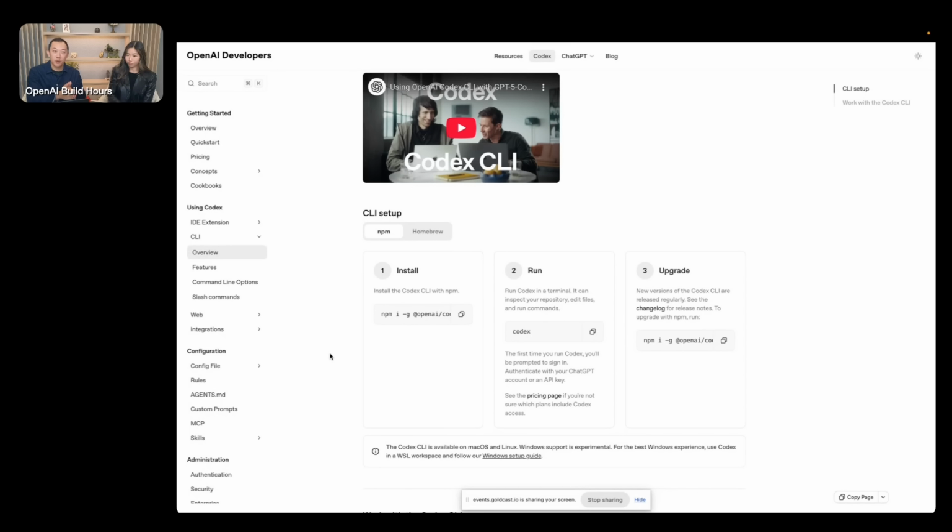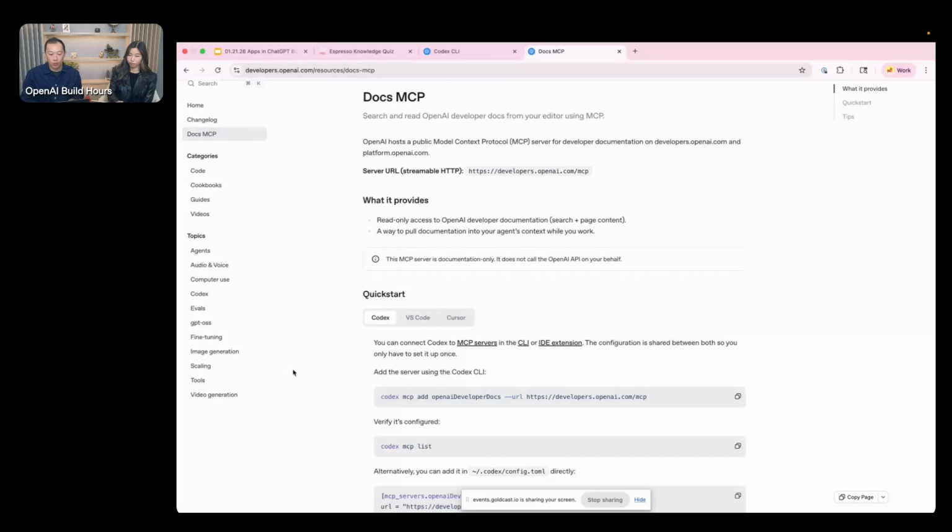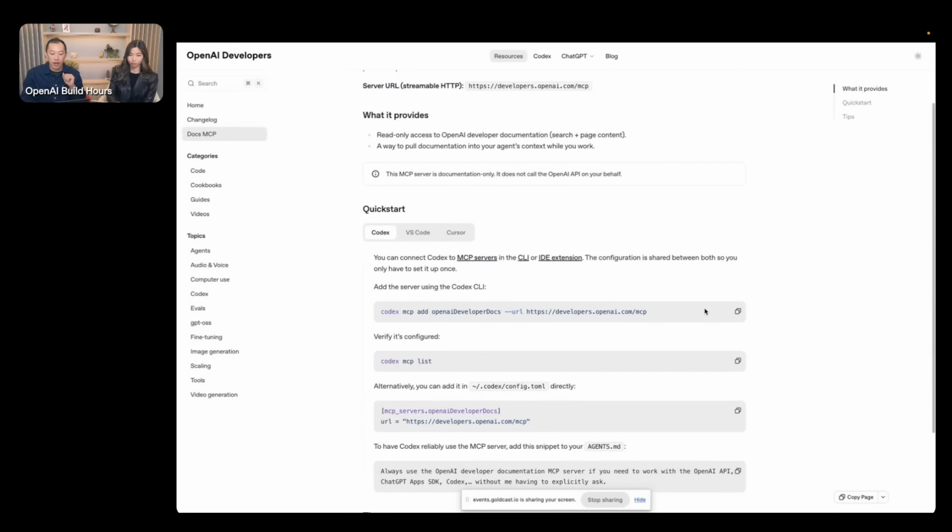So if you're not familiar with Codex already, it's really easy to get going. You can go to the OpenAI developers site and go over to Codex and go over to the overview. And this is how you install it. It's just an npm install command. So we're going to do that right now. And here I am in the terminal, and I'm going to install Codex. I already have Codex installed, so it would scaffold out a little bit fewer packages, but there you go. I've installed Codex.